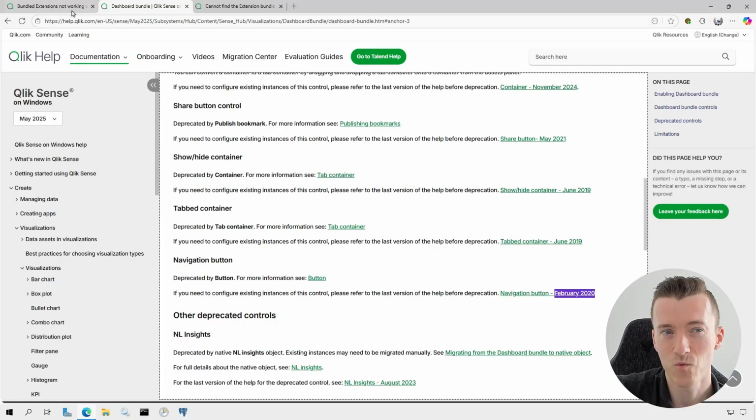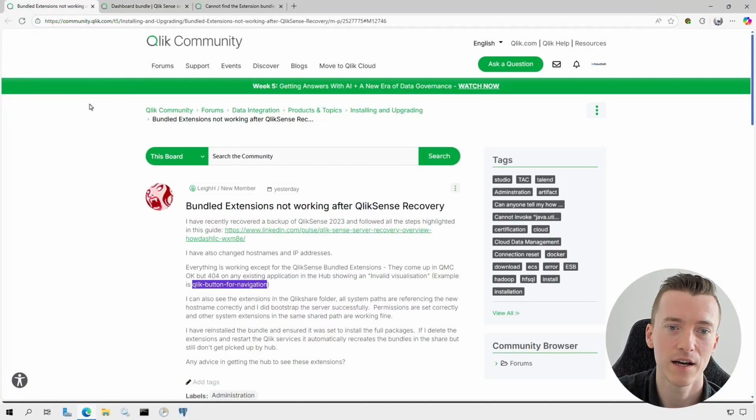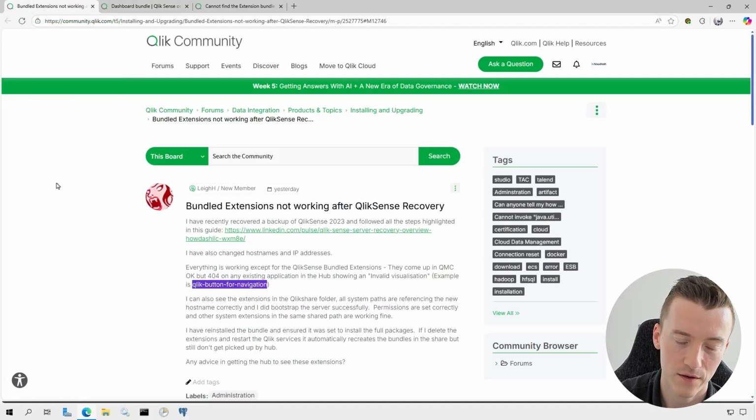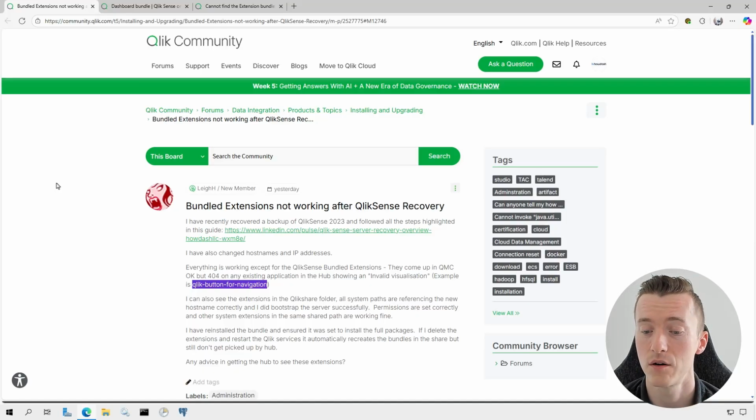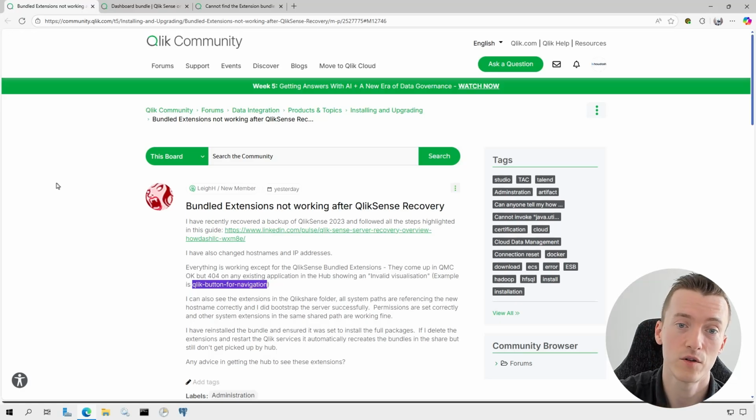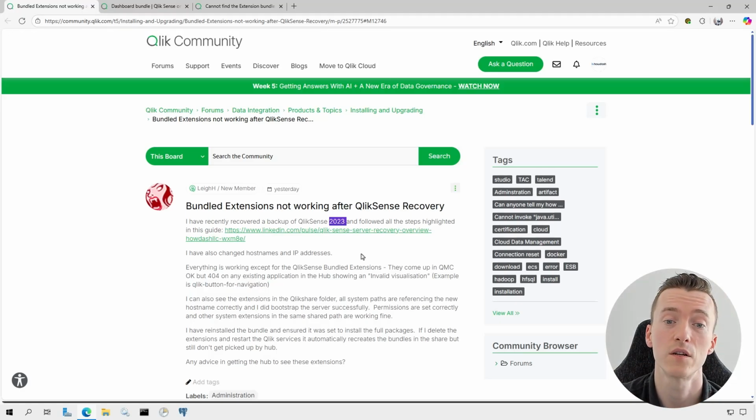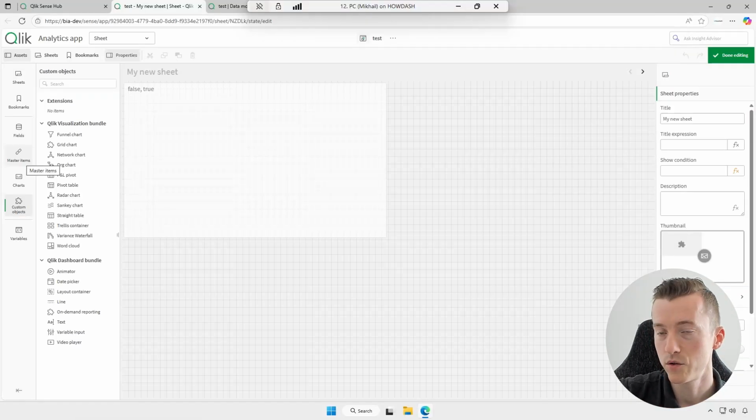So very likely there's nothing wrong with the recovery process, there's nothing wrong with the extension or really anything else. It could be that the newer version of Qlik Sense, whichever 2023 version is being used here, is simply refusing to render a deprecated extension. So how do we check that? The best way to do it is to see